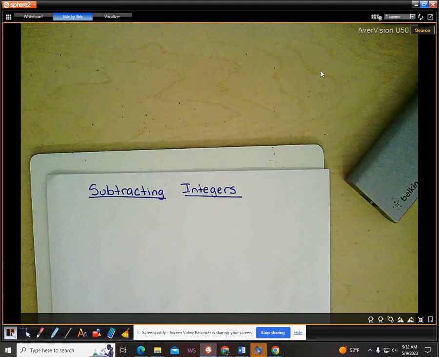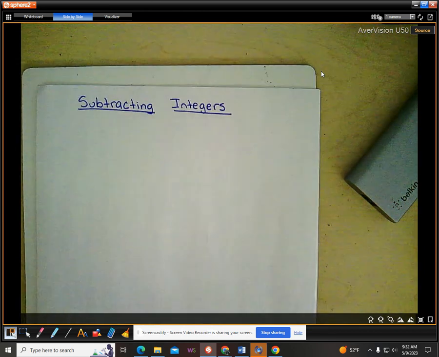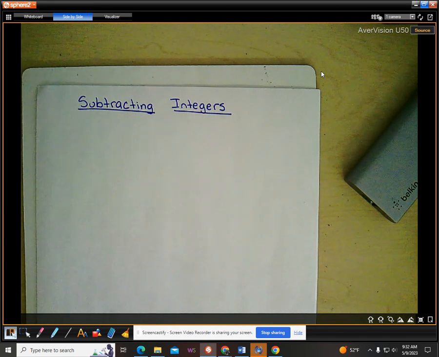Okay, so today what we are going to be learning is subtracting integers. So first you're going to take some notes on subtracting integers. We will do some examples together, and then make sure you are writing down the notes because afterwards you will take a picture and submit those